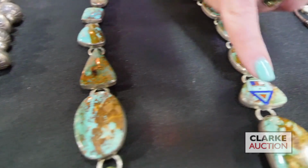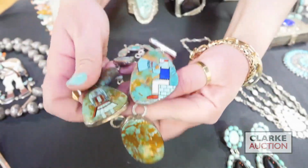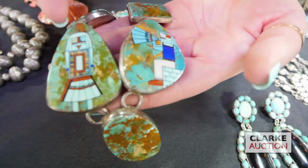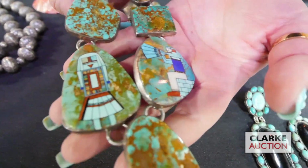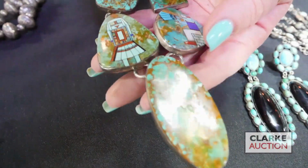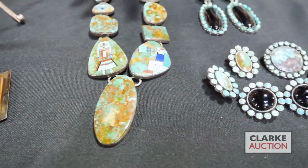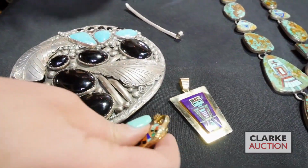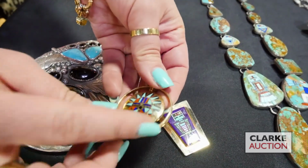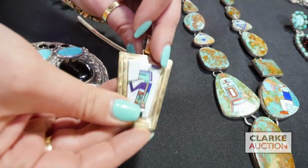And then we have 4 pendants with inlay. So if you can just take a look, the craftsmanship that went into inlaying, so they had to cut out from the turquoise this form and then inlay it with this intricate design of these Kachina figures, and this is signed by Picasso. All the details of him are available online. We have 2 gold pendants here, so again, this is a spinning pendant, which is always neat. So we have the sun, and then this bird, and then this one has Kachina figures, and they are set